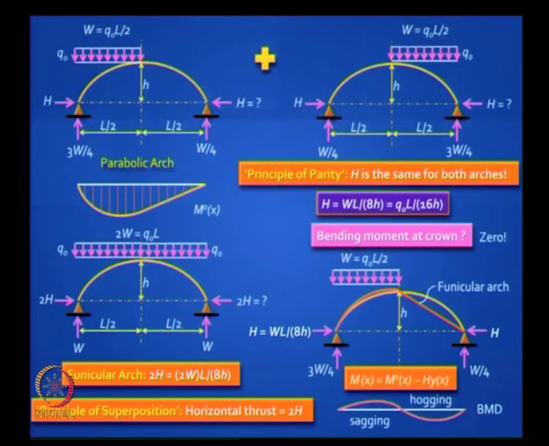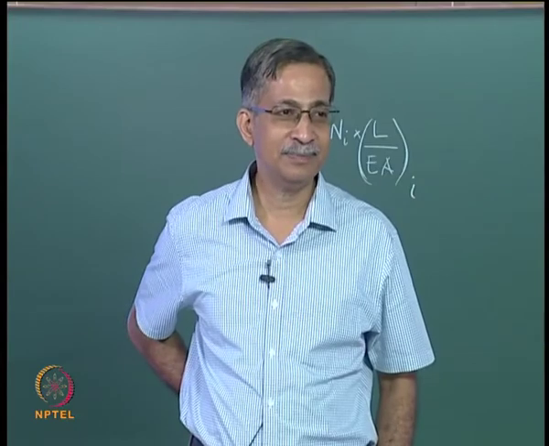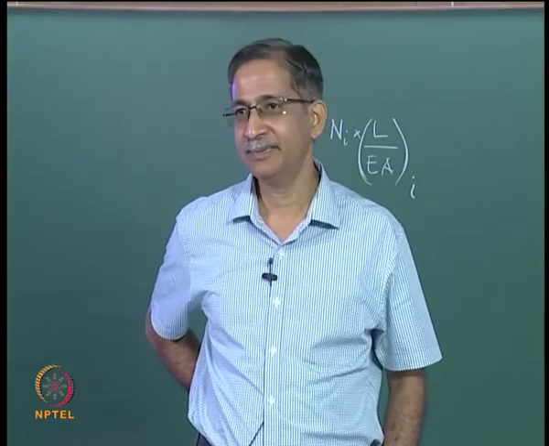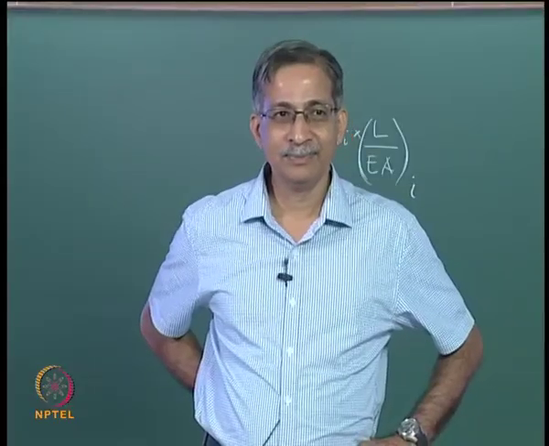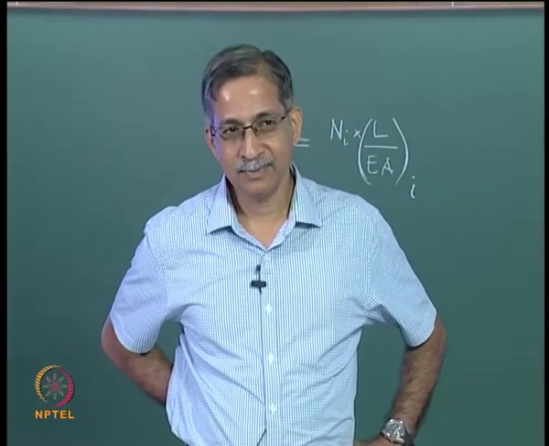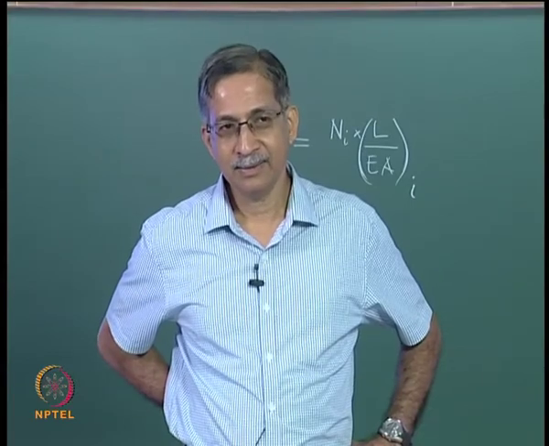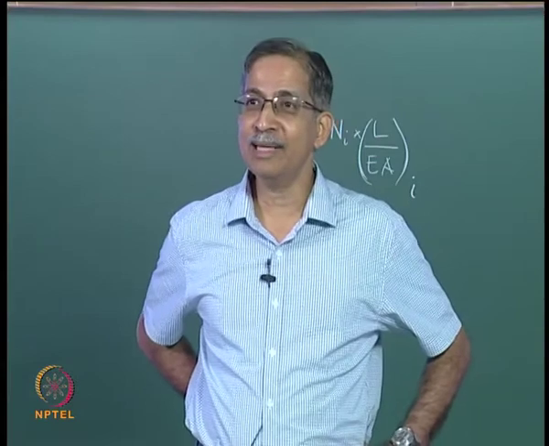Can you explain why the bending moments in the left half of the arch will be sagging and those in the right half will be hogging? Any sound argument? Sir, if we take it individually, if we consider the loads on the left side, it would be sagging. At the same time, if we consider the right side, it would be sagging. This is not possible at the same time. No, that's right. That's the reason why the moment at the crown is 0.